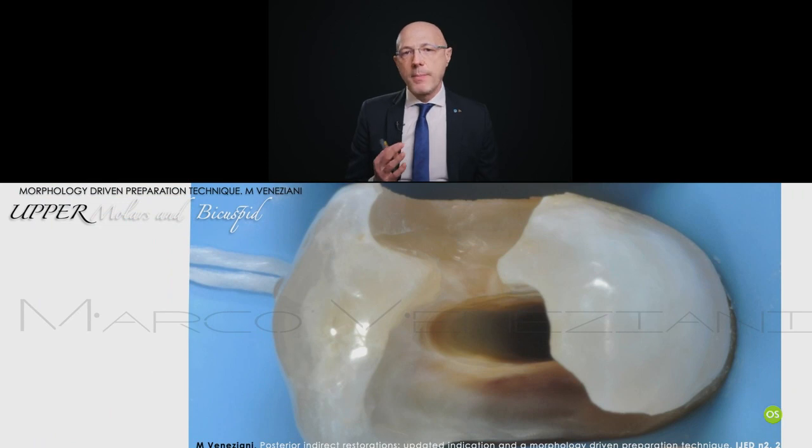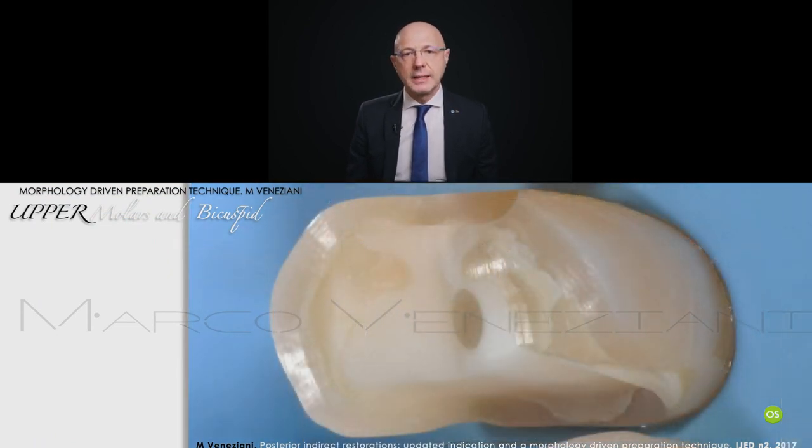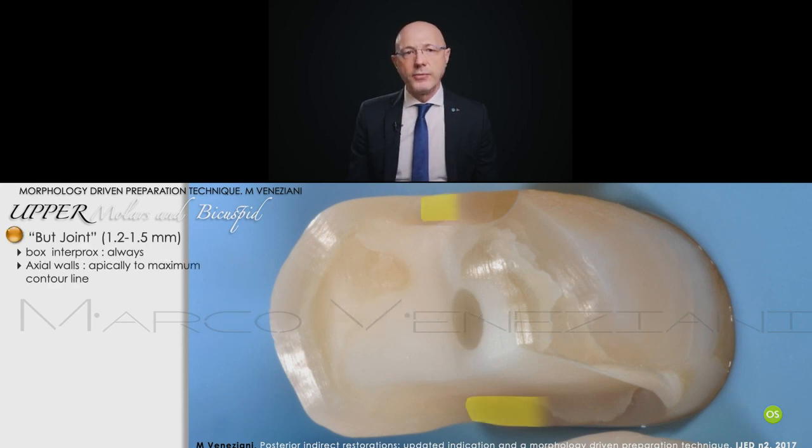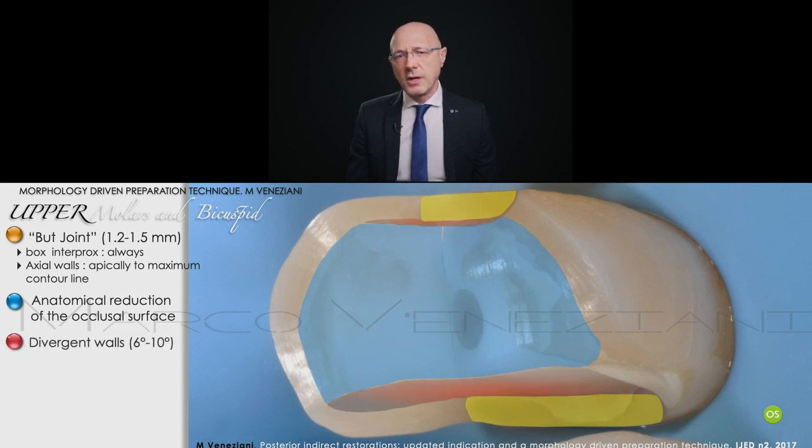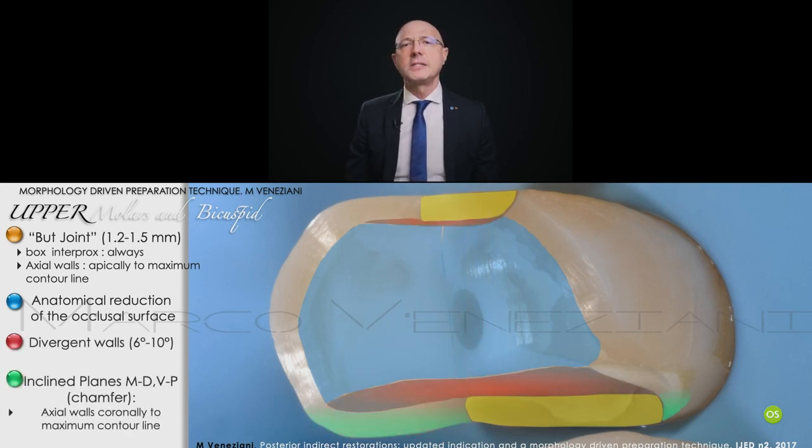Look at the sample of the preparation for an endodontically treated upper bicuspid. The preparation principles include a butt joint 1.2 mm thick of the interproximal box, 6 to 10 degrees divergent internal walls, anatomic reduction of the occlusal surface, and preparation of the axial walls with